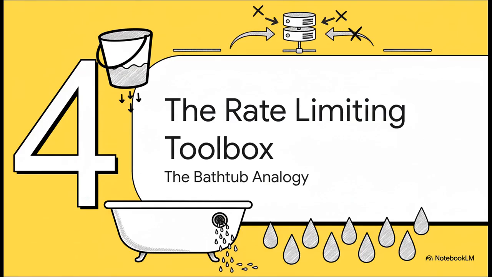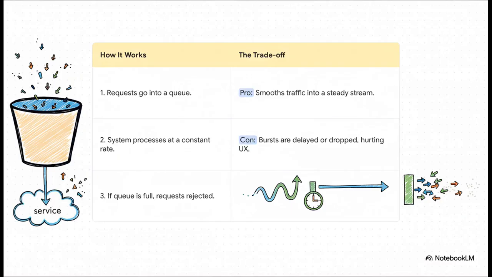Now, if the token bucket was all about spending tokens, the leaky bucket is all about draining water. Just picture a bathtub with a small, steady drain at the bottom. So with this approach, all incoming requests get poured into a queue. That's our bathtub. Then, the system processes those requests from the queue at a constant fixed rate. That's the leak. Now, if requests come pouring in too fast and the bathtub overflows, those new requests are just